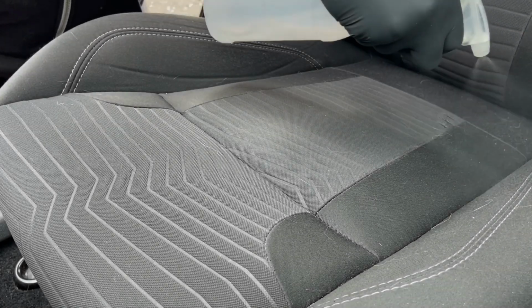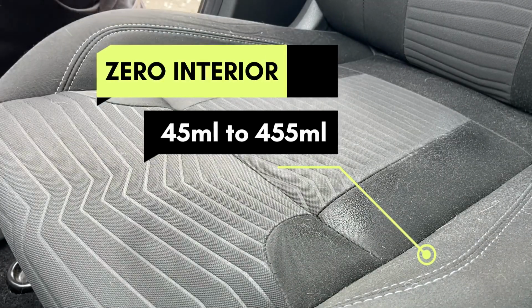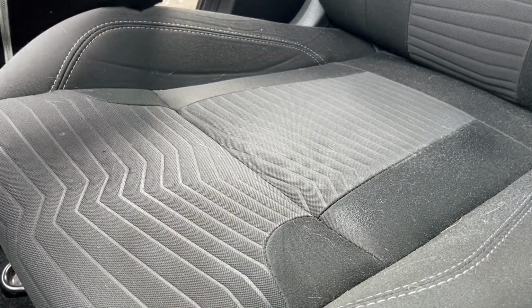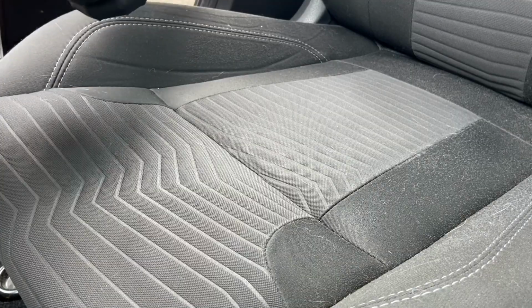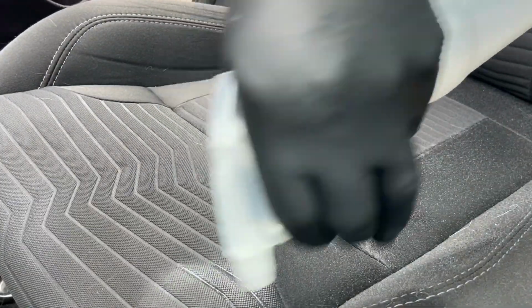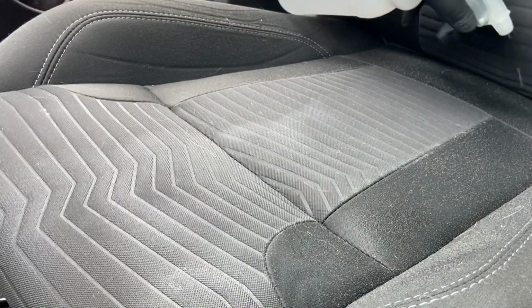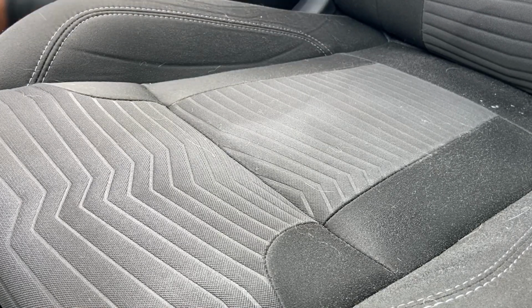We're going to start off here with a 1 to 10 mix. That's for general soiling, just to see how it goes, because as you can see the seat really isn't in a terrible condition, just general grime over the last 3 years of ownership. The seat hasn't been Wetvac extracted yet or anything, so generally a quick clean over, and we're going to just extract it with the wet and dry cleaner